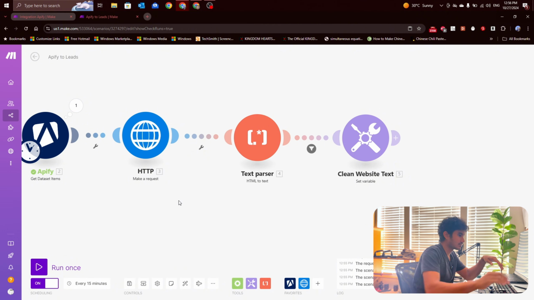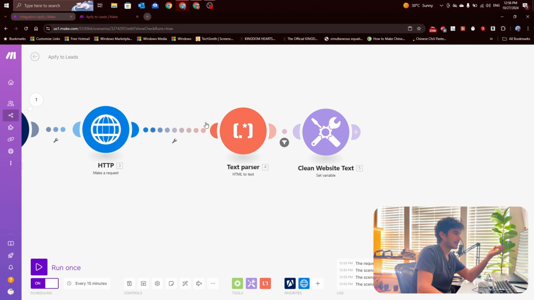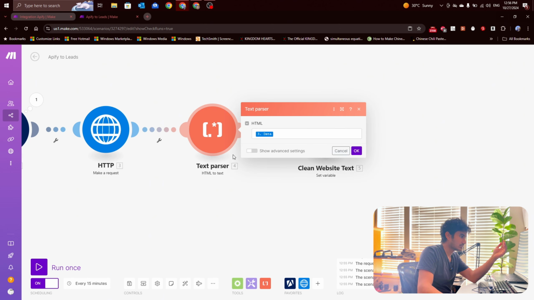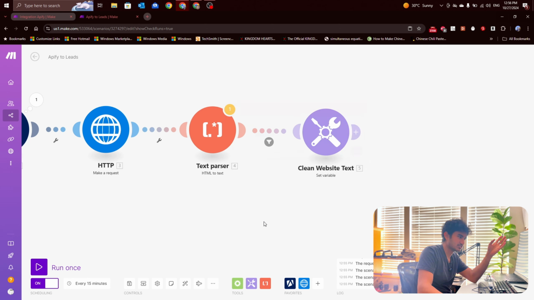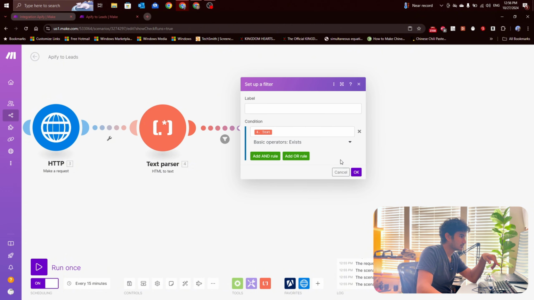What we're essentially doing with these 2 modules is taking the information that comes out of HTTP and cleaning it up so we can send it over to ChatGPT to read through. Doing these 2 is going to save us a lot of token costs when sending the information to ChatGPT, because the first one is going to clean all of that extra unwanted HTML, and the second one